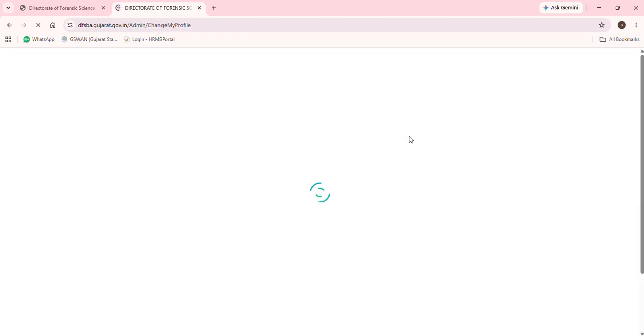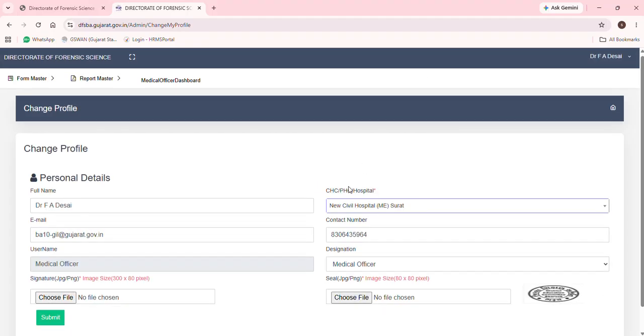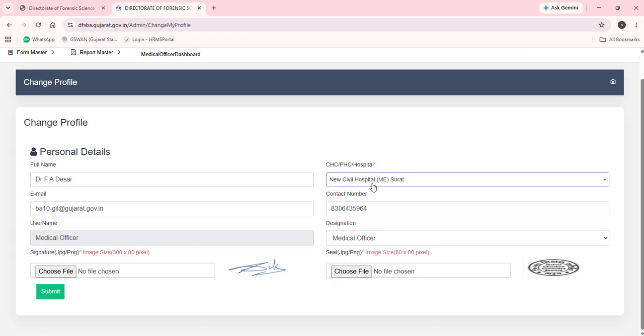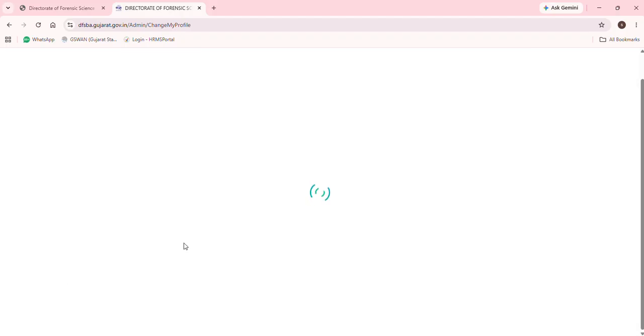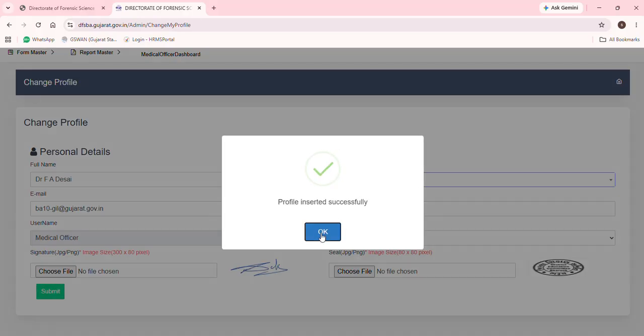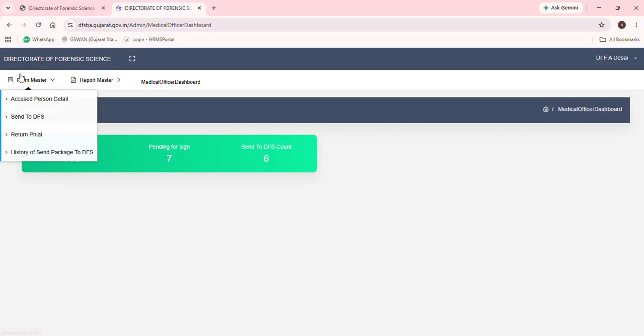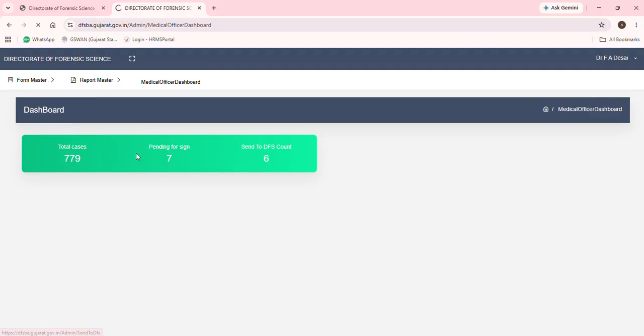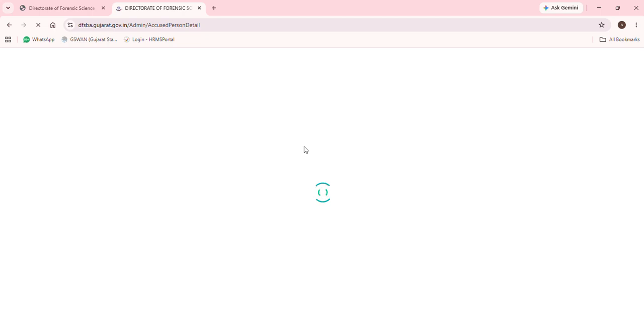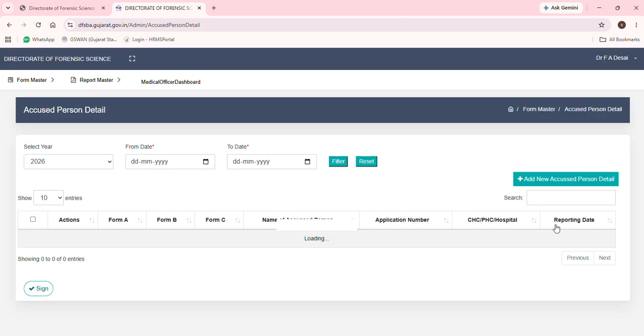Here you need to update all the details like name, CHC, PHC, hospital detail, contact number, designation, upload the signature file and upload the seal. The seal copy should be exactly the same as the physical seal you apply on your vial. If any mismatch is there, it would result in the rejection of the samples. After updating your profile, only then will you be able to accept or enter any new accused